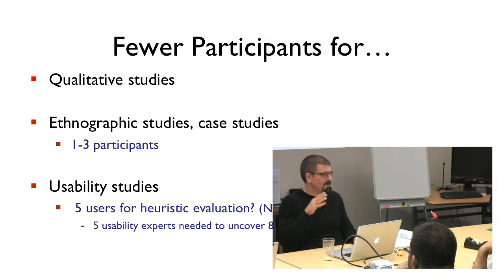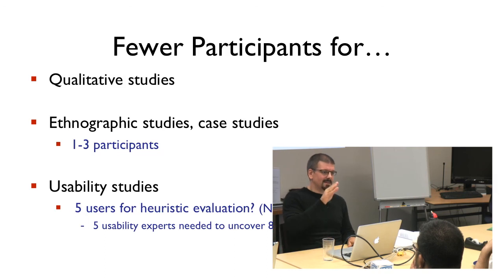You only need, as Nielsen argues, probably 5 experts or 5 users to find the majority of major problems. And he argues that rather than doing one study with 20 people, do multiple sets of studies with 5 people each. And that's fair enough for usability type of studies. It doesn't apply to research studies that follow a quantitative research and analysis approach.